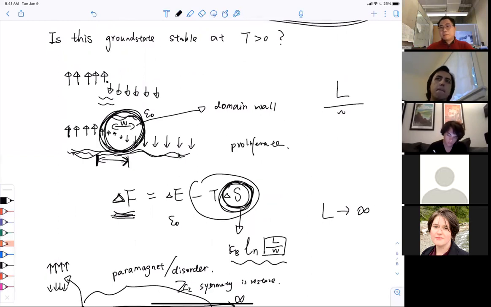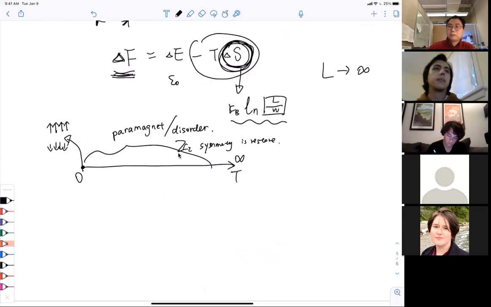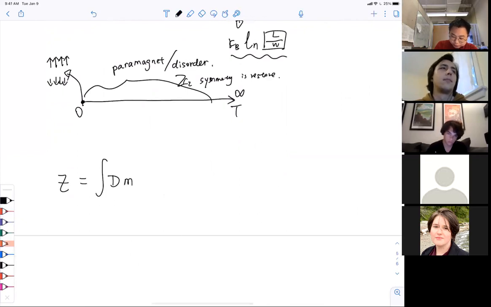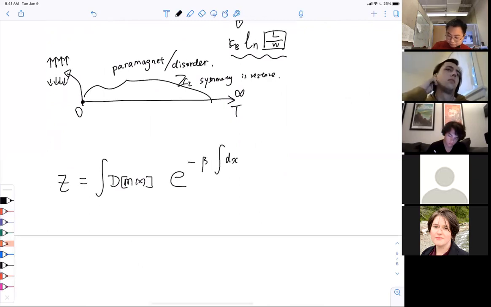Okay, let me map this problem to a quantum problem. That problem, like the double well quantum problem, is more familiar for you guys, I think. So it's good to do it. By the way, the partition function for this problem is, the possible configuration is M, which you can think of as a micro state, right? And the free energy, sorry, the Hamiltonian, I just write it down, is